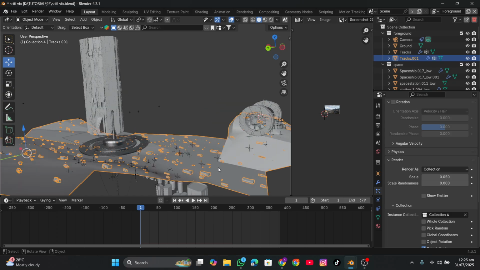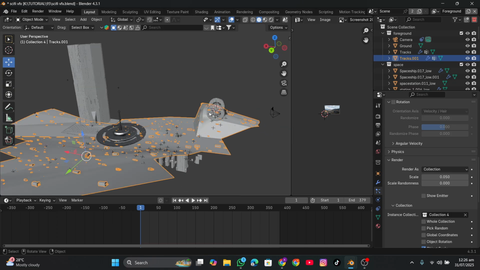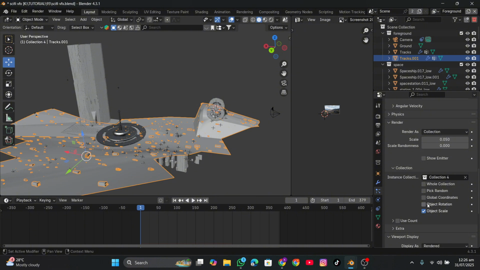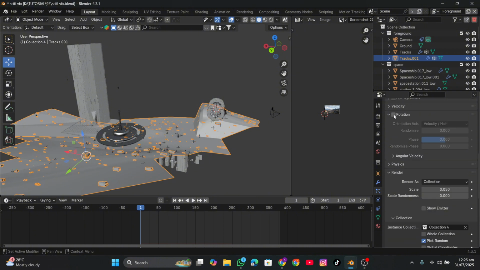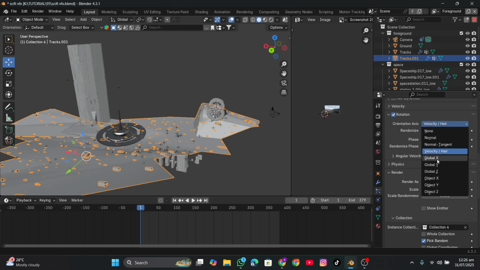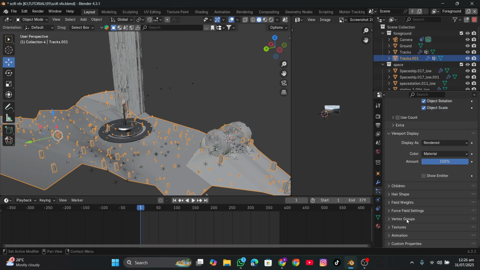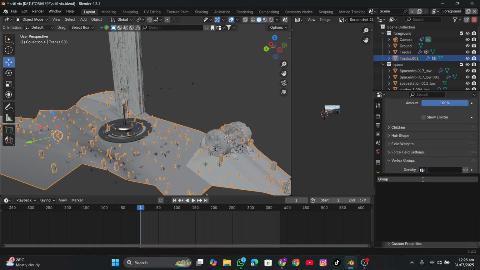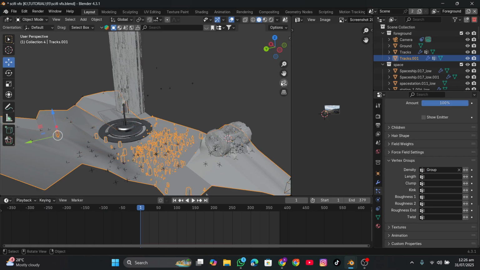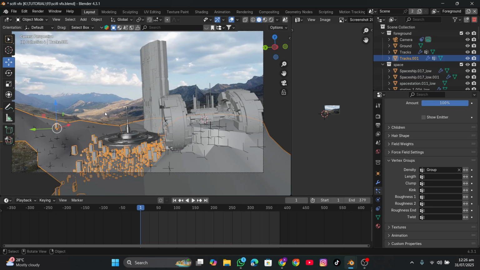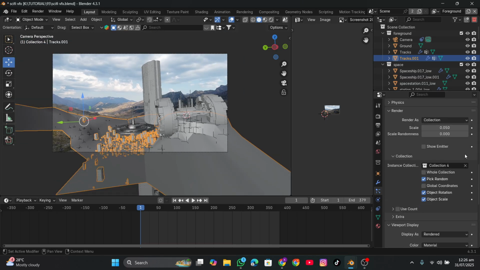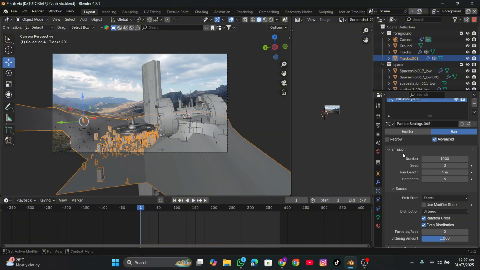Now, as you can see, we get all those particles here, but they're not rotating in the same direction. So first of all, click pick object rotation and then pick random, and then come up here to rotation, change this to global Y like this, and scroll down into vertex group and select the group here. Go into camera view and okay, so we got a problem here. First of all, we got to scroll up into the source here, change this to random. So we get a random